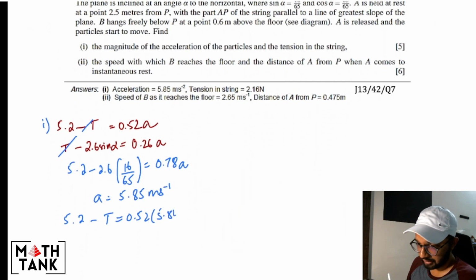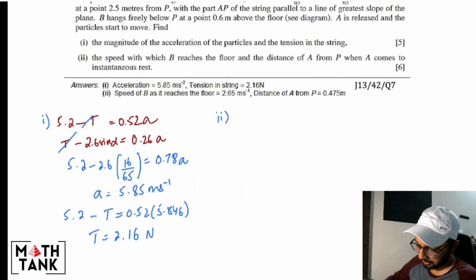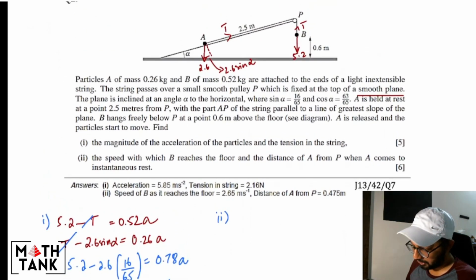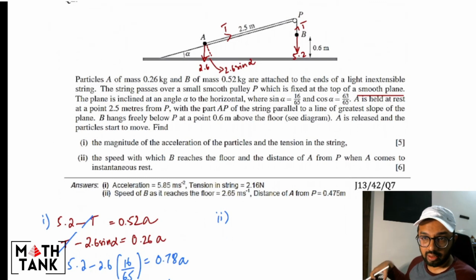I'm going to take an extra decimal place. I'm going to say that this was 846. So 0.52 into 5.846, and 5.2 minus the answer. That gives me T equals 2.16 newtons. Fairly simple. For part 2, the speed with which B reaches the floor and the distance A from P when A